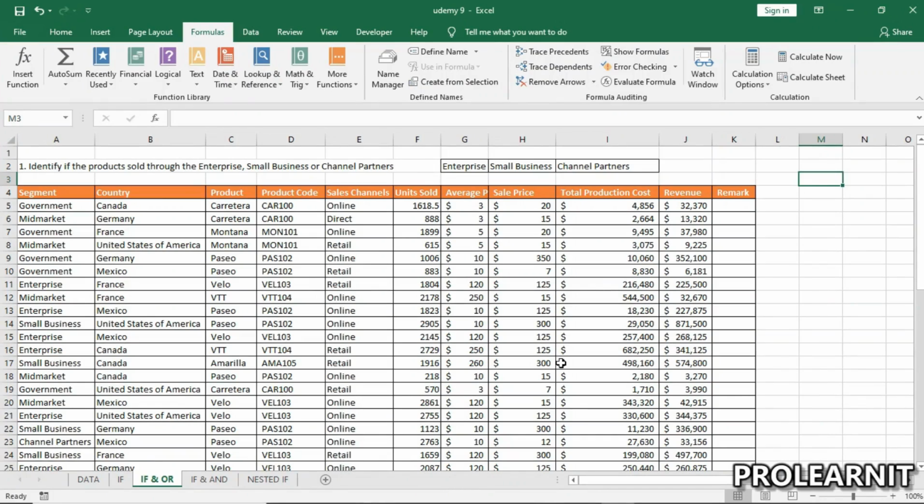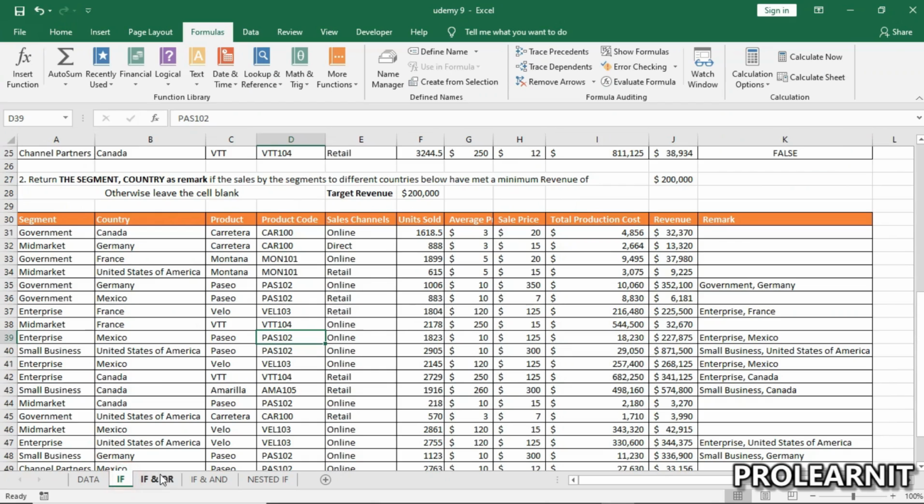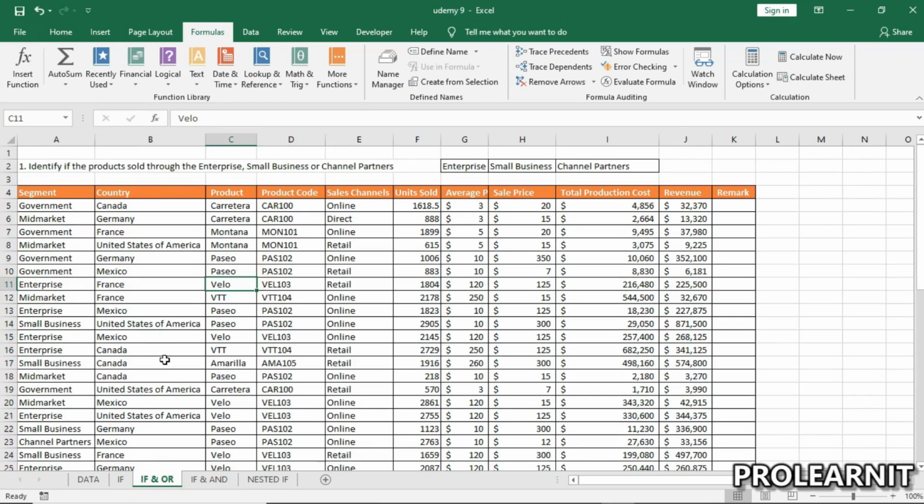Alright, so if you can vividly remember, the last time we talked about the IF function, and I showed you how to use just the IF function. But now I want to show you something a little bit different. We can use the IF and OR function. So what's the IF and OR function? Basically, the IF and OR function will return a particular value if one condition is met or